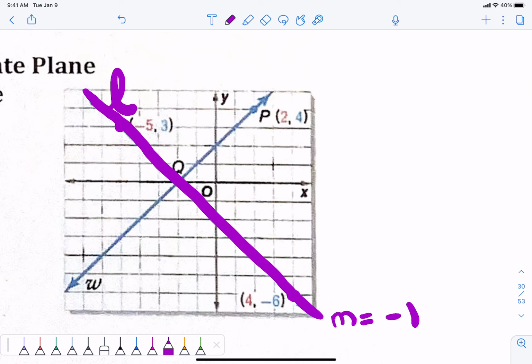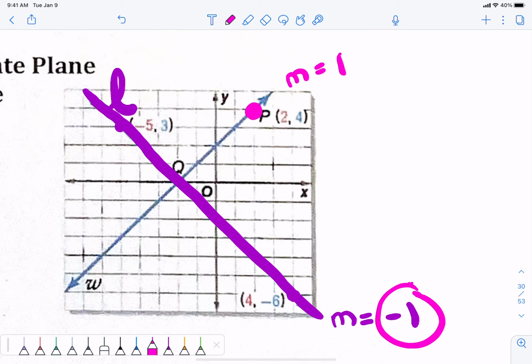Okay. All right, then they give us point P. Point P is right here, and that's all they give us. They technically don't even give us the line that point P lives on. Point P is at (2, 4), and we need to find the slope of the line through it. Its slope is going to be 1. That's what Libby said, right? The negative reciprocal of -1 would be +1, right? And if we draw a line up 1 over 1, up 1 over 1, up 1 over 1,